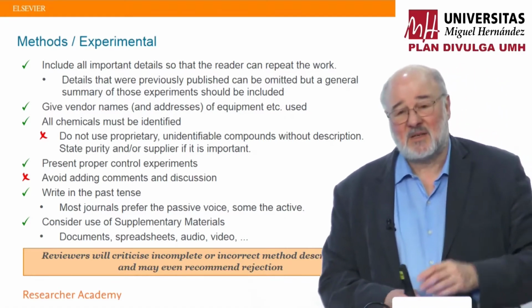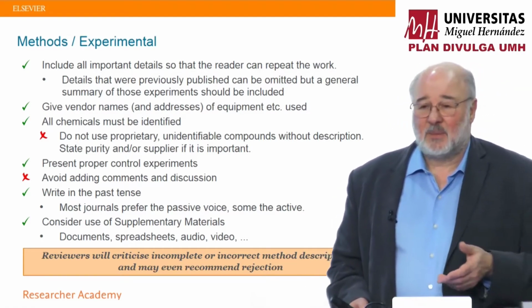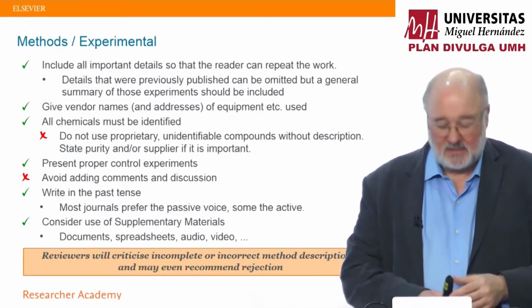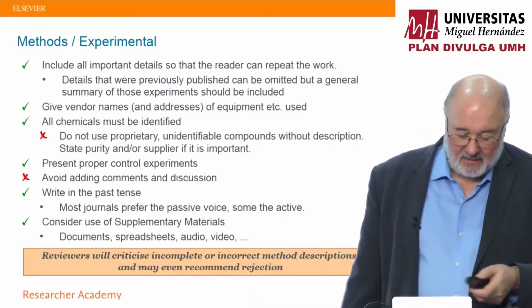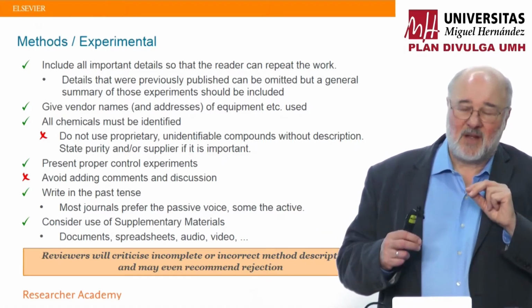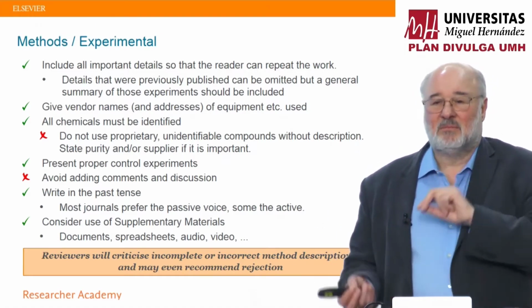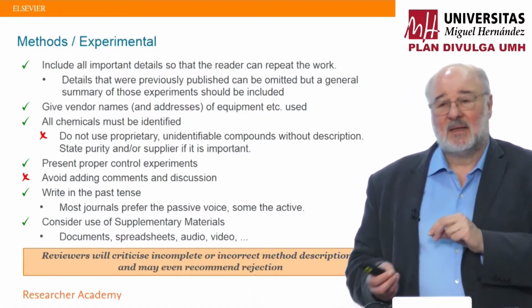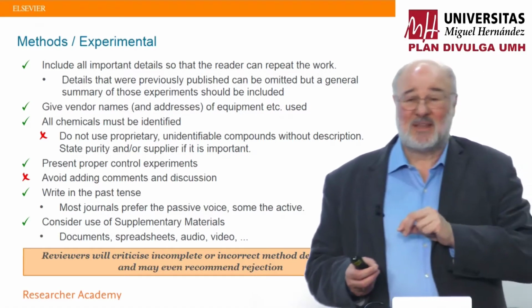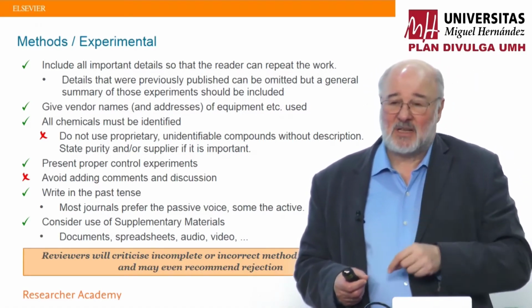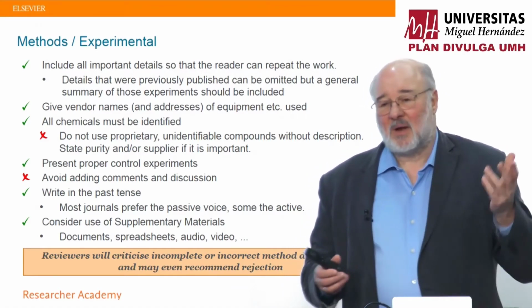If there are some things that are standard, like you purified the protein by the Lowry method, just mention that. There's no need to explain the whole process if it's a standard process. Always mention the equipment manufacturers, what sort of machine you have, and if it's a certain chemical, what purity it is. Some journals even encourage you to use the catalogue numbers of the chemicals, to make replication easier. If you ask someone like Sigma Aldrich